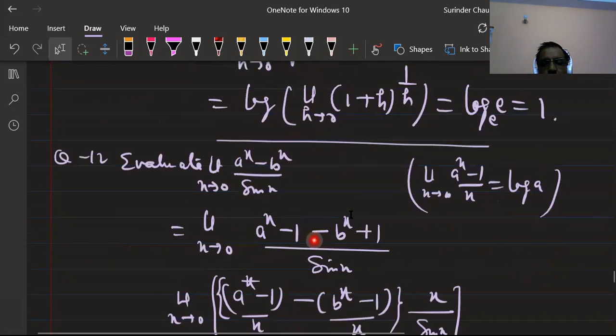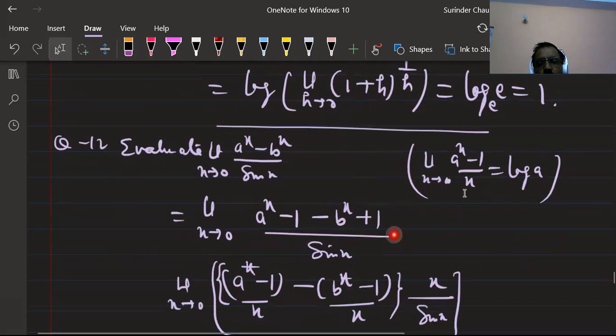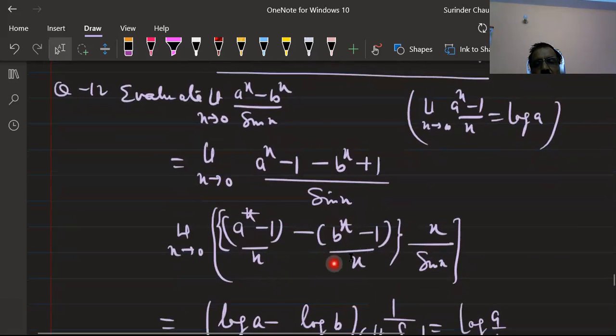We add and subtract 1 to make the expression suitable so that this formula can be used. Add plus 1 here and minus 1 here. So the numerator will be the same, they cancel out, and they will not affect the result. Now divide the numerator by x. So divided by x, it goes to the numerator: (a to the power x minus 1) upon x minus (b to the power x minus 1) upon x